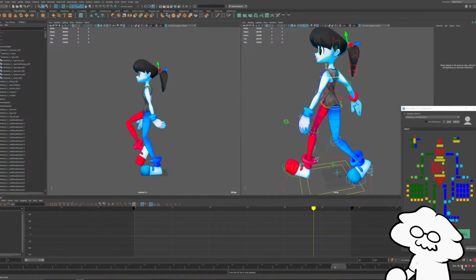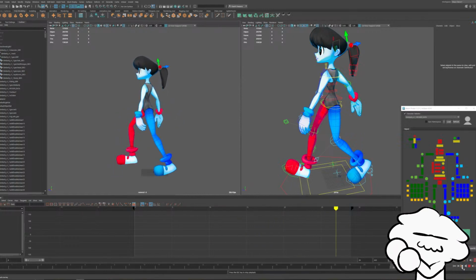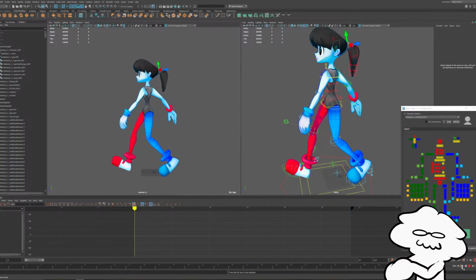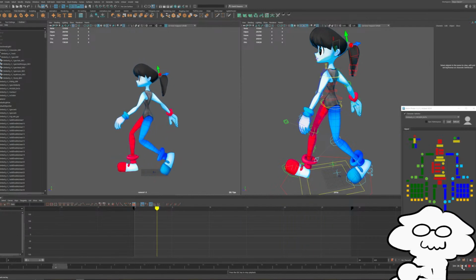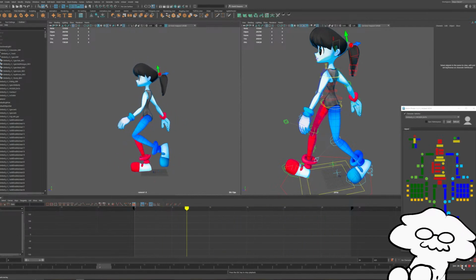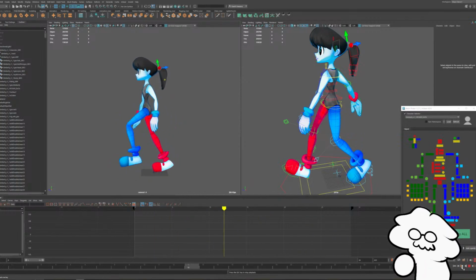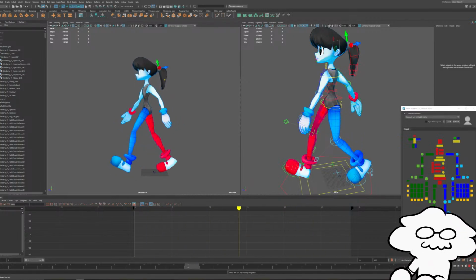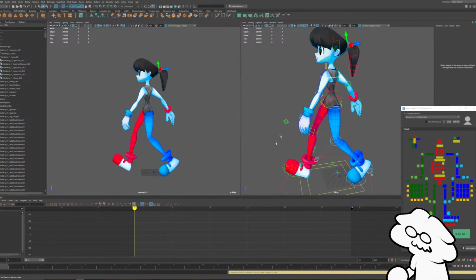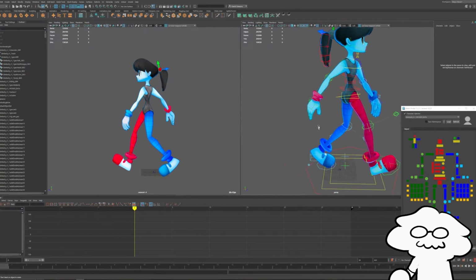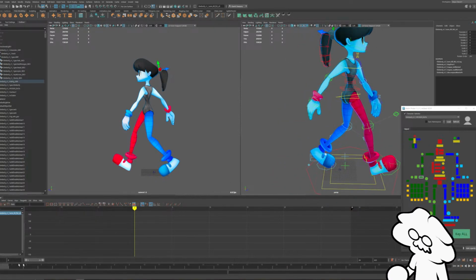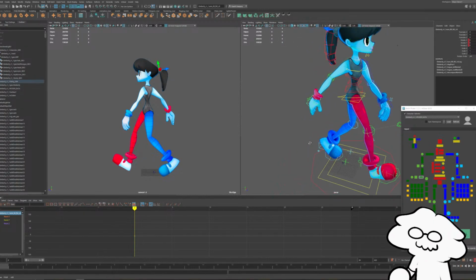Yeah, so we have a bit of drag in the hand, which adds a lot to it. It just makes it feel a lot more natural, especially with regards to the fingers and whatnot. So let's do the same for the back hand, or the right hand.